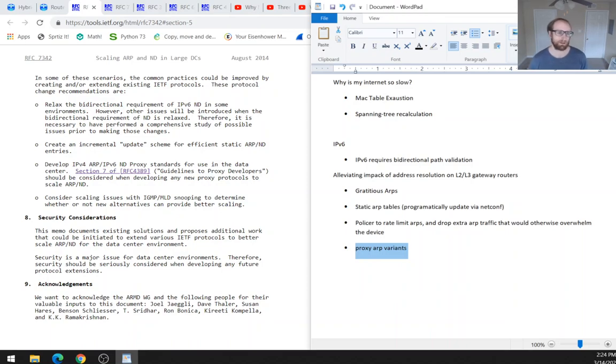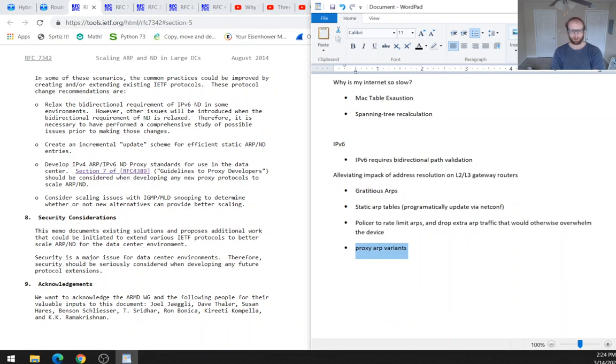Create an incremental update scheme for efficient static ARP/ND entries. Develop IPv4 ARP/IPv6 ND proxy standards for use in the data center. Section 7 of the RFC 4389 Guidelines to Proxy Developers should be considered when developing any new proxy protocols to scale ARP/ND. Consider scaling issues with